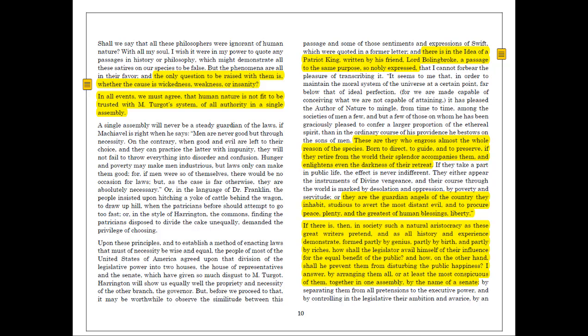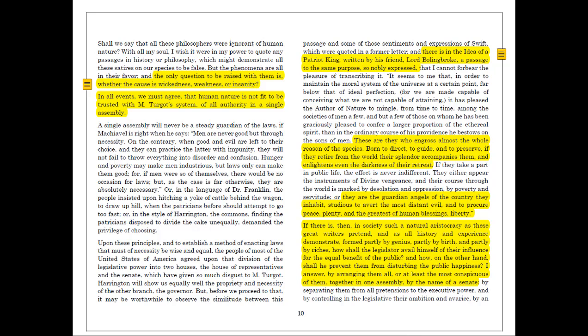And so the purpose of the second assembly, of having two assemblies for Adams, is to allow this natural division within human nature to express itself institutionally. The popular house, the lower house, is going to embody all of our wickedness, weakness, and insanity, right? But the upper house, the separate house, has the possibility, at least, of embodying the better angels of our nature, if you will. On the right-hand column of page 10, then, Adams cites this famous essay or collection of essays